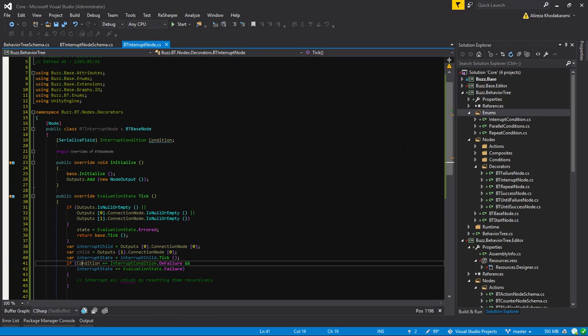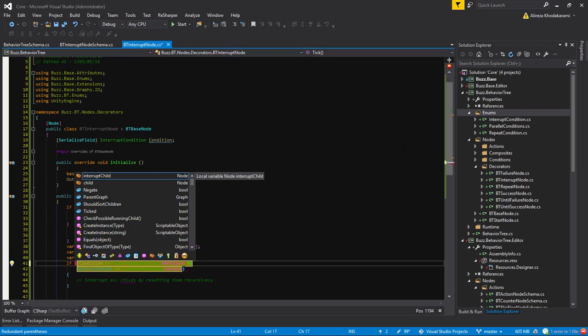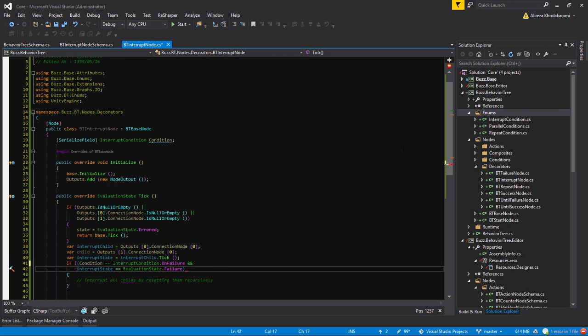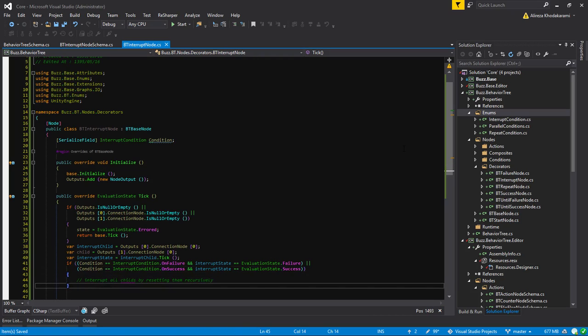But then we need another condition here. So if that's the case, or the condition is on success and we succeeded on the interrupt child. So both of them should do the same stuff. Okay,